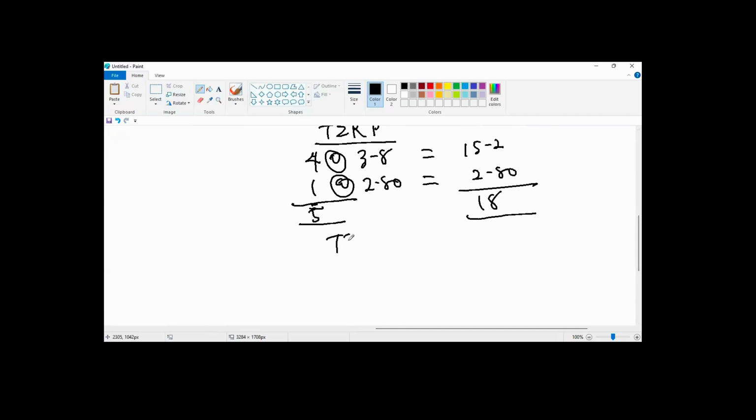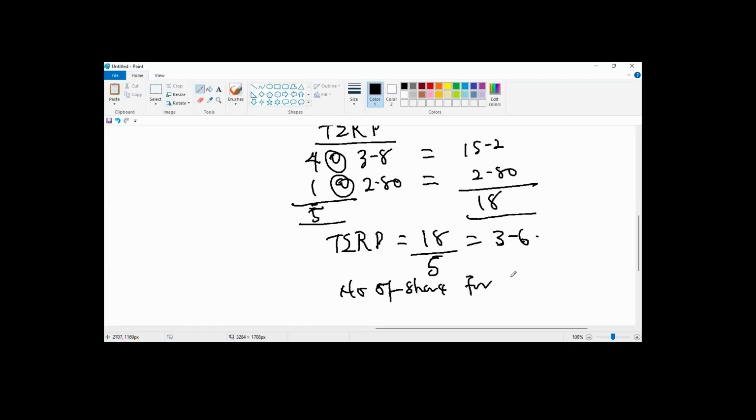So my theoretical ex-rights price will now equal 18 divided by 5. What does it give us? 3.6. But I've not gotten the number of shares